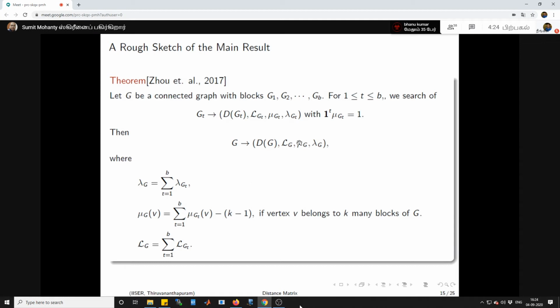If it is a cut vertex, we are subtracting something: the number of blocks it belongs to minus 1. But this is an undefined term if you carefully observe that each of the blocks may not have the same size. I am taking any complete multipartite graph, and that M may be different for different blocks. So these LGs, corresponding to subgraphs, may not have the same size, and this sum doesn't make sense. In what sense am I writing it? I am giving you an example to explain it.